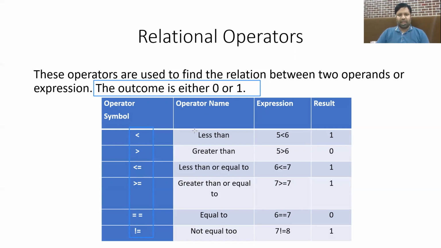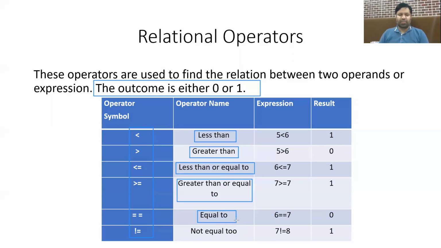The first symbol, facing towards the right hand side, is called less than. The second symbol is called greater than. The third symbol is called less than or equal to. It is not less than and equal to, it is less than or equal to. The fourth one is greater than or equal to. The fifth one is a very